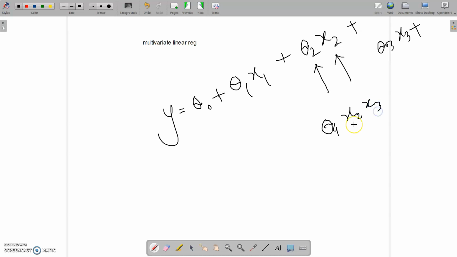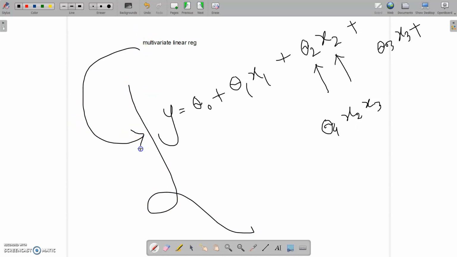You can add the multiplication of the 2 features and create a new variable from it. You can also make it this way. So this will create a multivariate linear regression model. When you have 2 features, that means you are in 3 dimensions now. You are no longer in 2 dimensions. With this line, you are trying to plot a surface like this in a 3 dimensional plane, you are trying to fit a